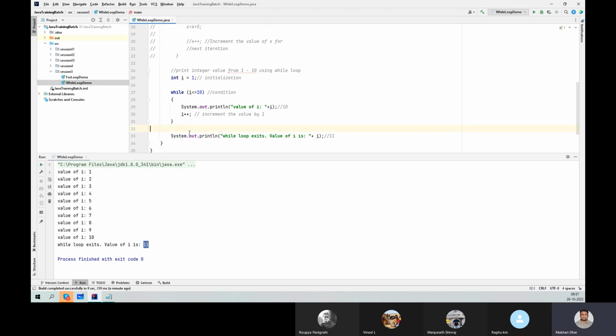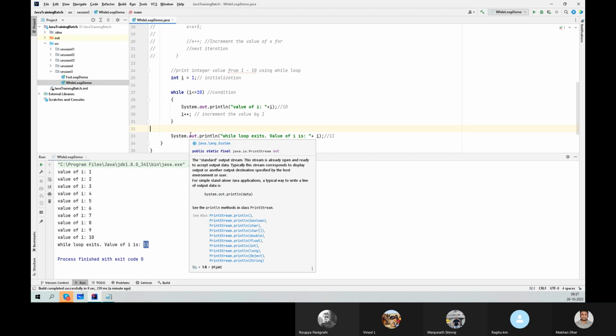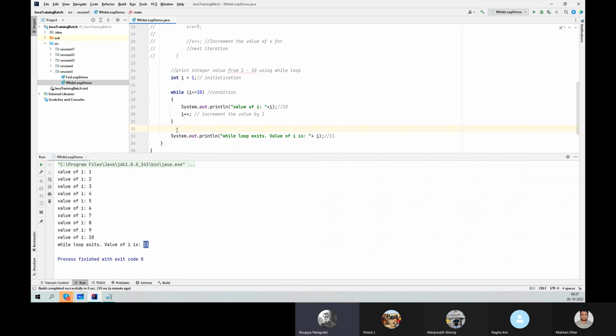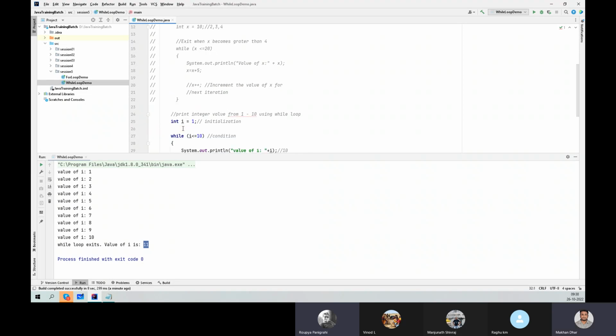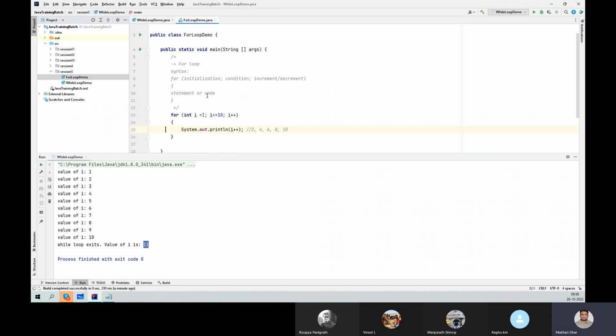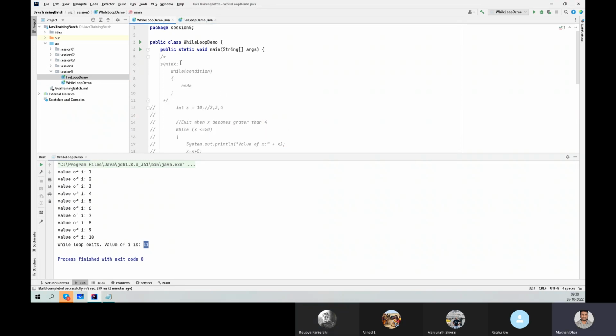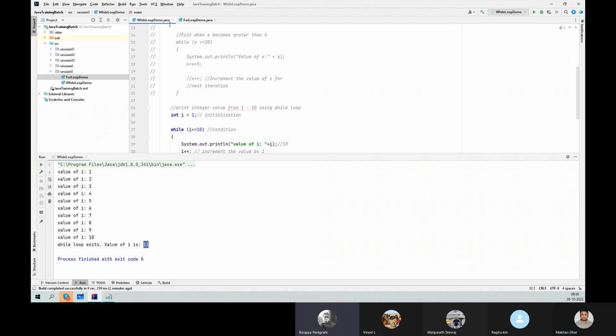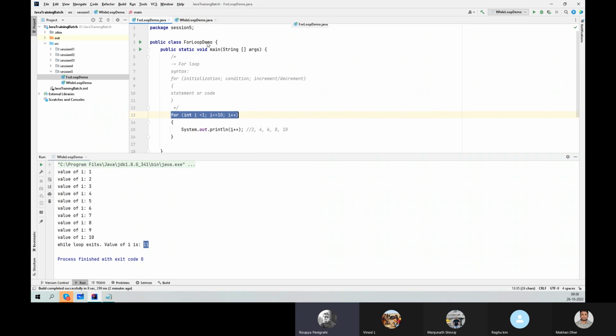Ropi, are you clear? Yes. But how is it different from the for loop? Here also you did initialization, gave the condition, then increment, right? Go back to the for loop. Yeah. So in the for loop, what we did, we implemented all of this in one line. The syntax-wise, that's different, right? So syntax-wise different, but here also you know the end value, and you are just putting it in a different way,